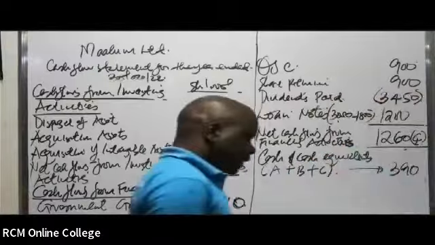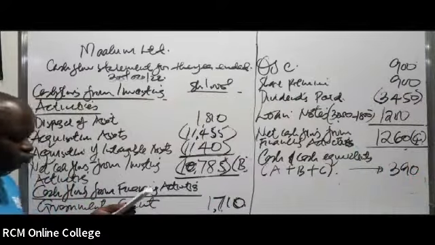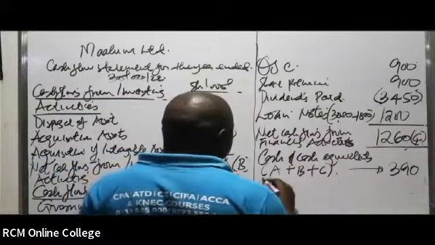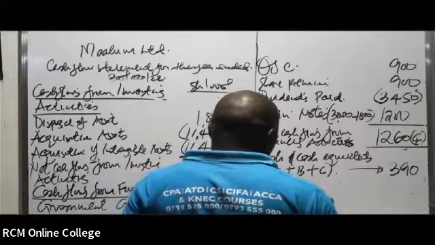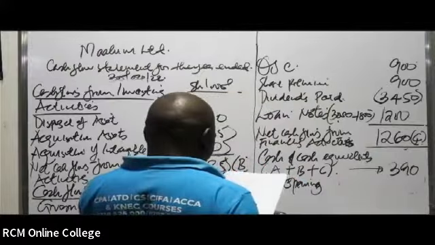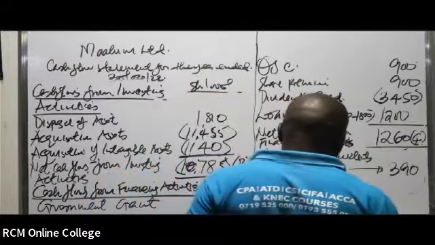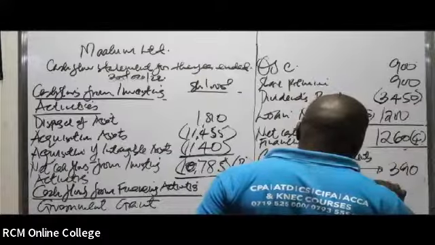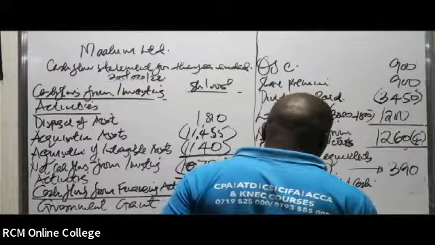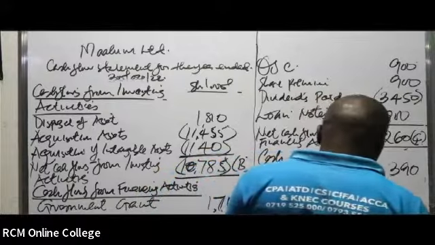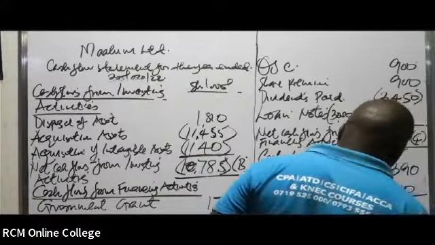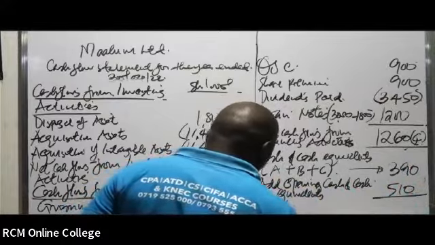When you take this 390, you take the opening figure for cash. It is 510. So add on the opening cash and cash equivalents, an amount of 510, and therefore with that, you end up getting the closing